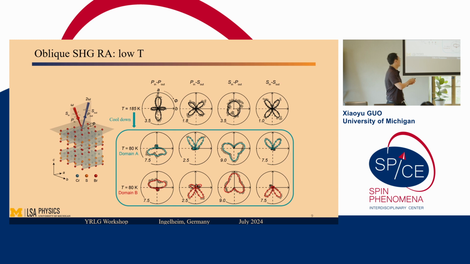One is the blue one, and one is the red one, and the two sets of patterns are related by this mirror Ma. So if you flip the patterns up, you get the red one. And we confirmed that those two sets of patterns come from the two degenerate in-plane antiferromagnetic domains by performing